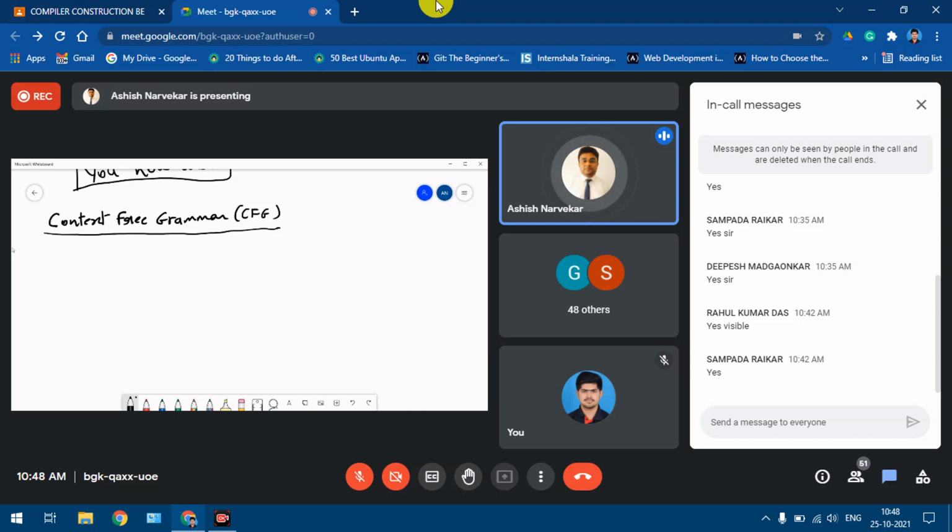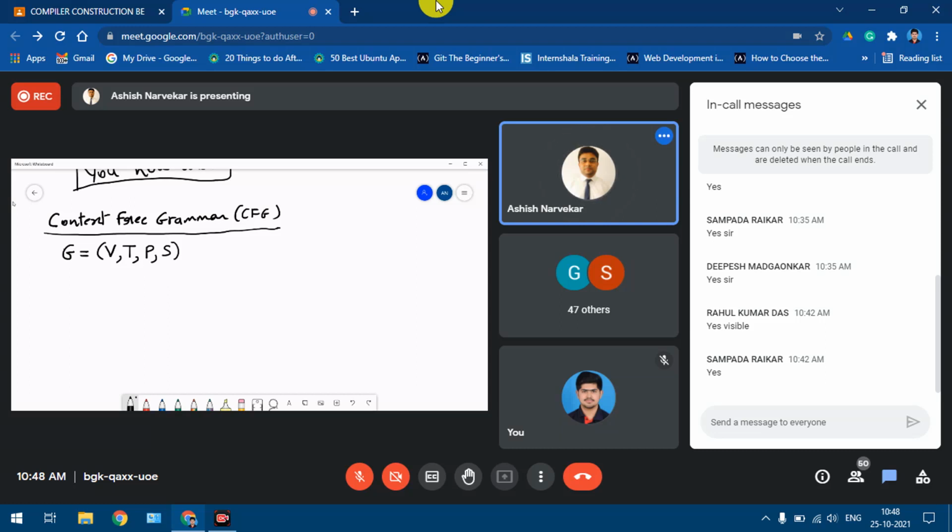The CFG can be formally defined as a quadruple. When we say that a CFG can be formally defined as a quadruple, it means a structure which has 4 fields. That's the reason it is called a quadruple. It will be called G, where G stands for grammar. So G can be defined as a quadruple which consists of these fields: V, capital T, capital P, and capital S.